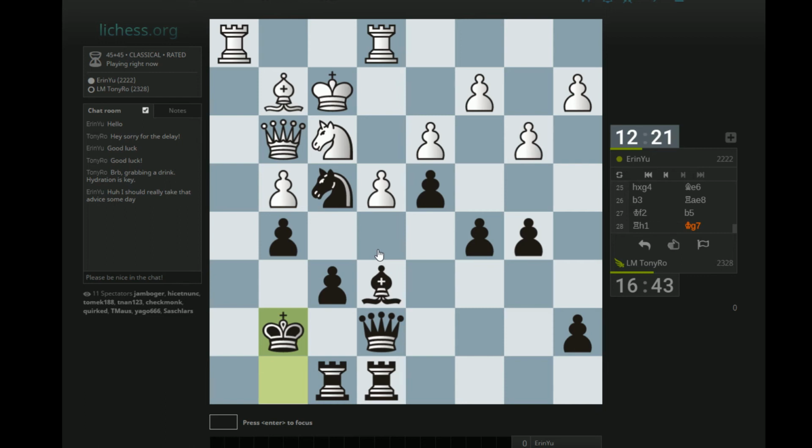It's more like trench warfare and less like a hand-to-hand combat knife fight, if you want to use some kind of really cheeseball analogy. I'm pretty good at finding ways to improve my position relative to my opponents and create weaknesses, etc. I'm not as good of a calculator, and it takes me a while to make sure that I'm not making tactical blunders. So I don't think this sort of closed type of position, where I can improve for a long time at will and his position is sort of crappy, is a very good way to play against me. But you never know. I could blunder very easily